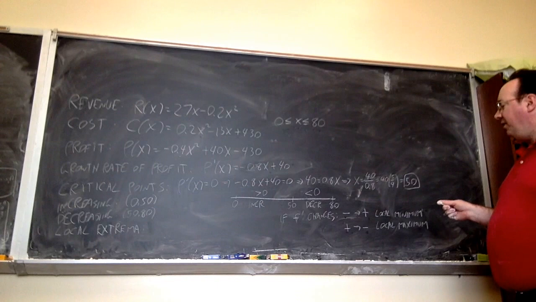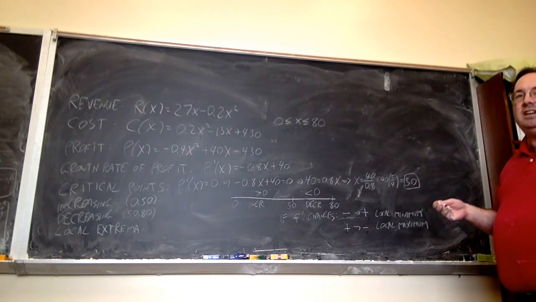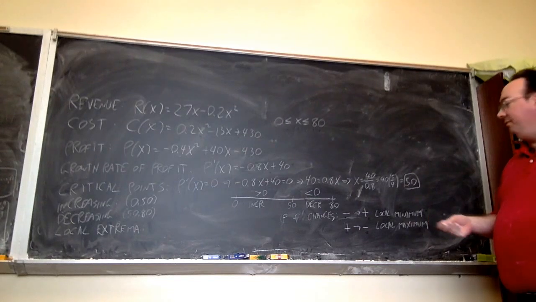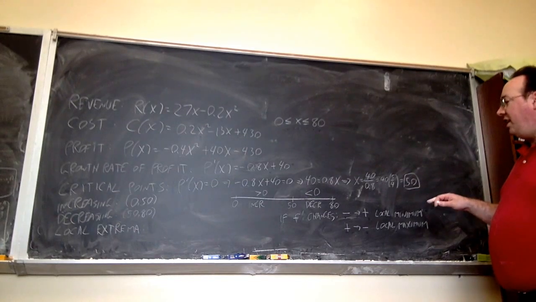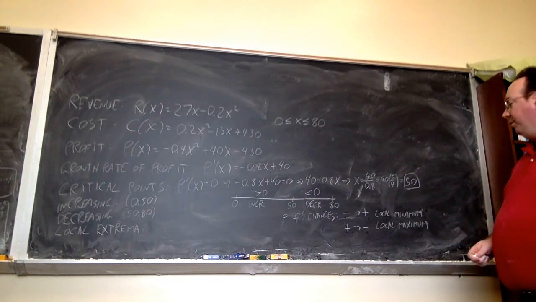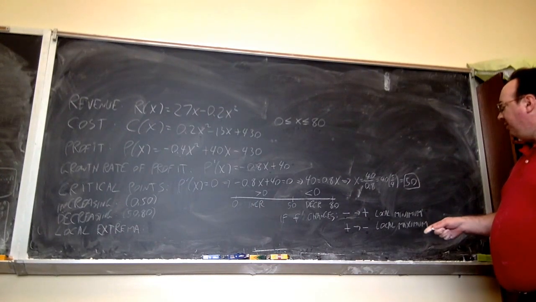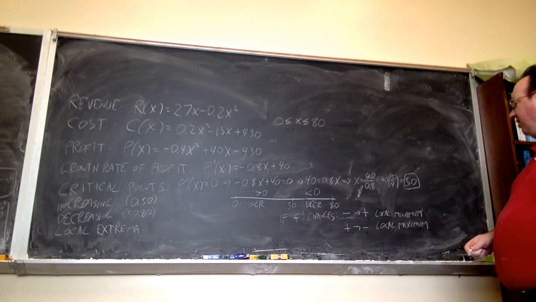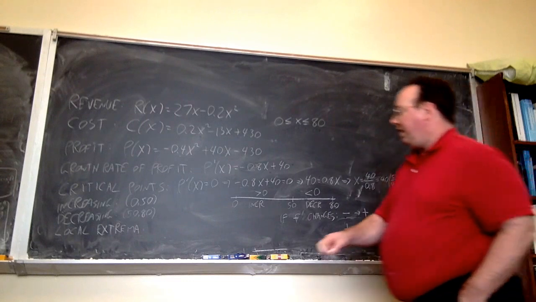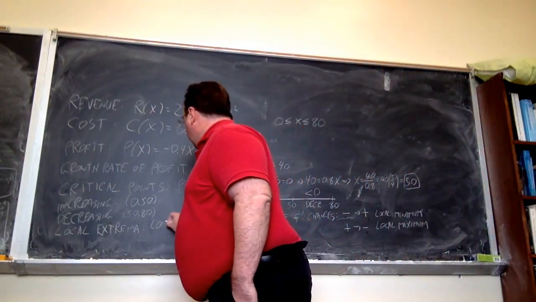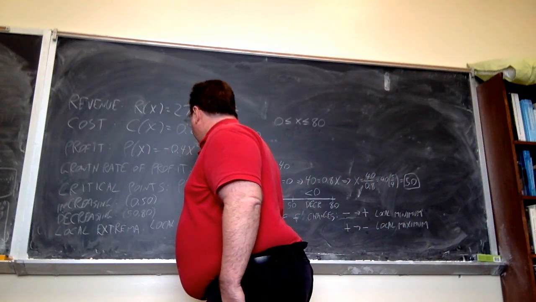Now, if it's neither of these, like for instance, negative to negative or positive to positive, then it's neither a local minimum nor a local maximum. So only when there's a sign change do you have a local extrema. So one sign change gives you a minimum. The opposite sign change gives you a maximum. So in this case, we have a local maximum,